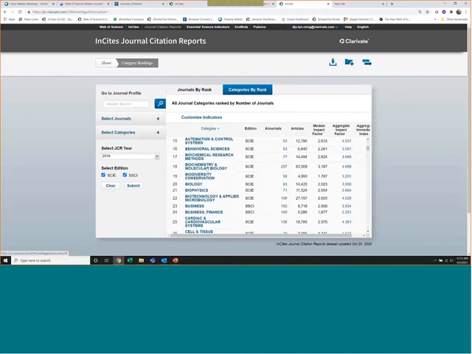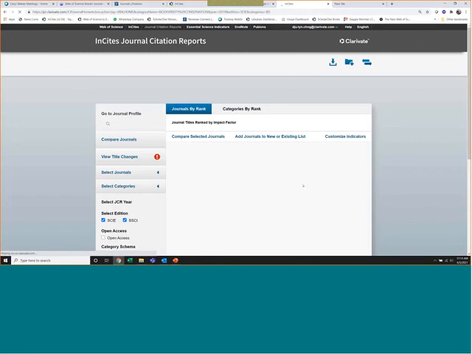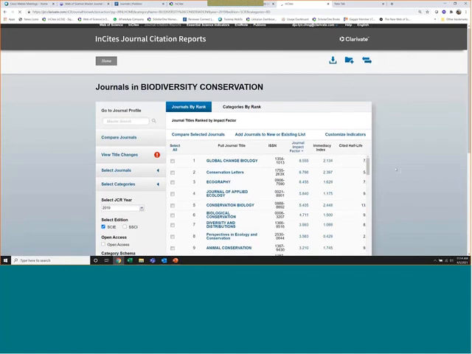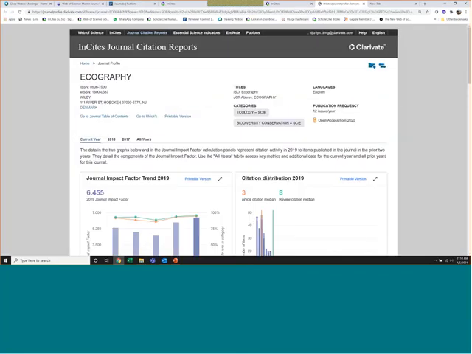Let's say you are in biodiversity, you have 58 journals in this subject area, and you can go in and see these 58 titles. You can go into any of these titles to have a closer look at the particular journal before you decide to publish your paper there.